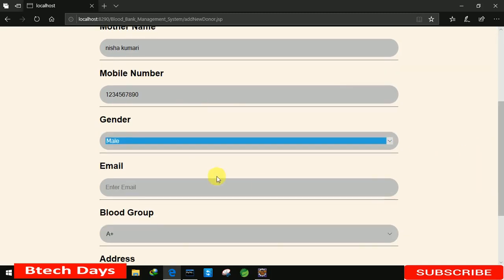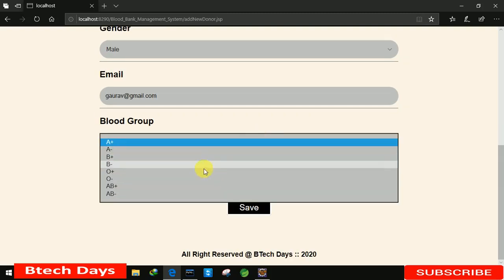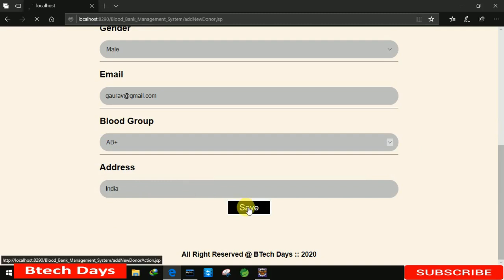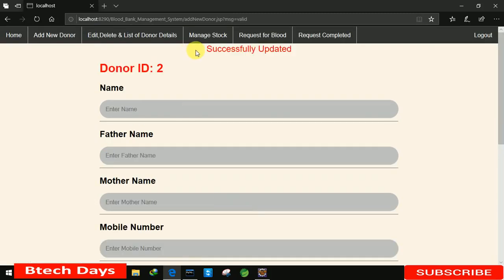After that, we are just writing Gaurav at the rate gmail.com. After that, I am setting the blood group as AB positive, and here I'm just writing India. Okay, and let me click on save. You can see successfully updated, a pop-up message. And one more thing you noticed here, that donor ID is changed to 2.